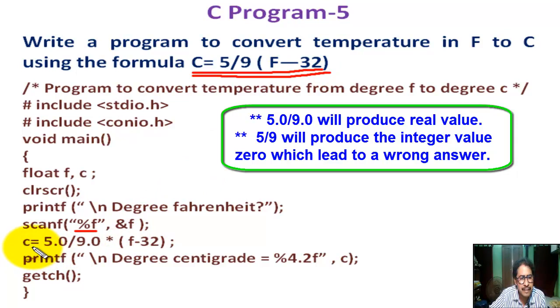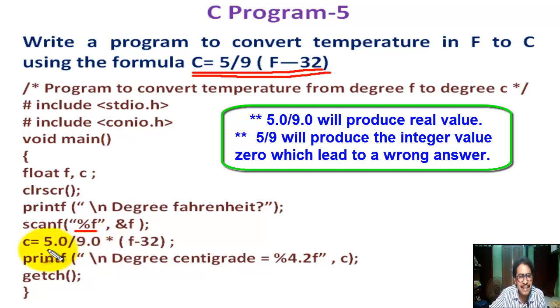But in a C program we write C equal to 5.0 by 9.0. This is a floating point number. A floating point number by a floating point number gives the real result. If we write 5 by 9, the result will be 0. Okay.